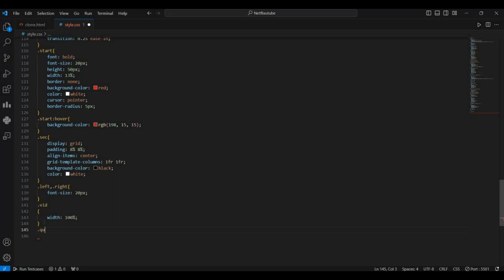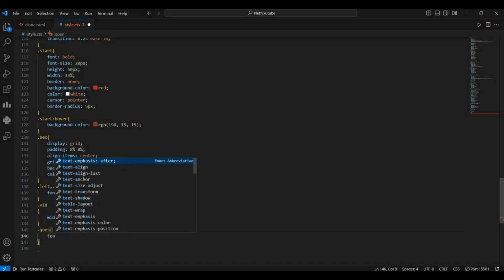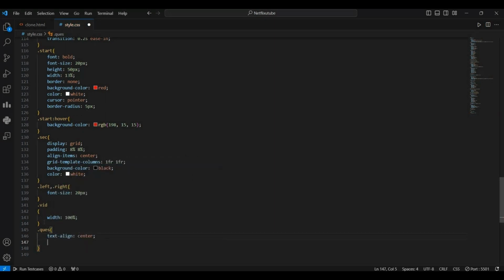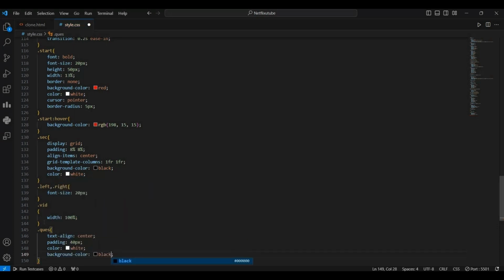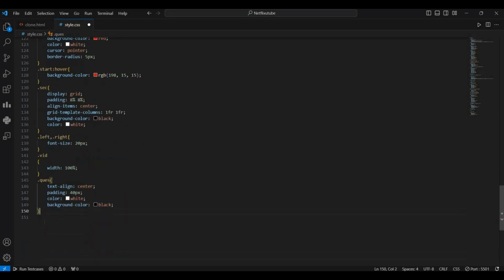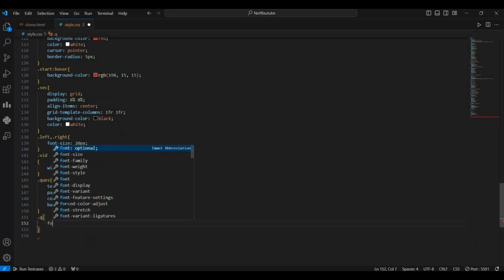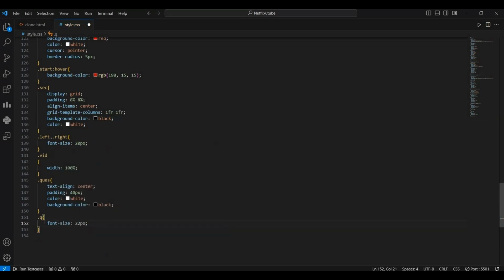We started from the queues, and in this part, the text align will be center. And let's take padding 40 pixel, and let's take the color of the font as white and the background as pure black. Now let's move forward for the Q part. In the Q part, we take the font size as 22 pixel, and let's take padding. Padding will be 23 pixel. So let's see,